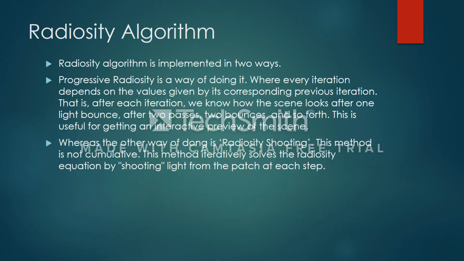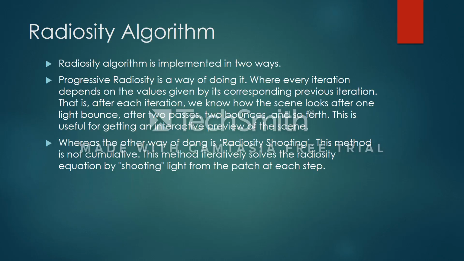Radiosity is implemented in two different ways. One is the progressive radiosity, the other is radiosity shooting. When we come to progressive radiosity, this is done in iterations, and this is cumulative. An iteration depends on its previous iteration. For every bounce, the change in scene is observed, and after that, next pass is decided. So after many iterations, we will see whether the image is stable or not. If the image reaches its final quality, the finest quality and stability, then we stop the iterations and we render